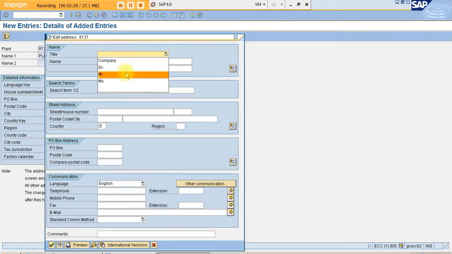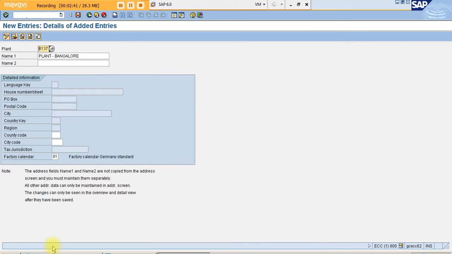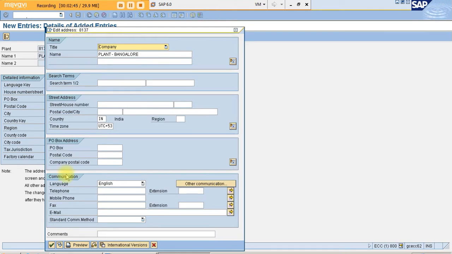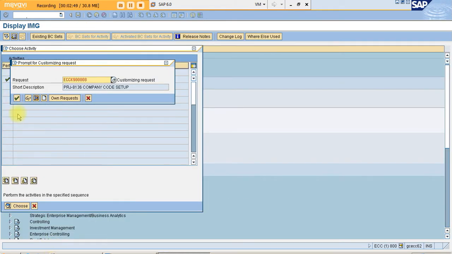Now select plant Bangalore, country IN, then click on save, enter, then click on save.